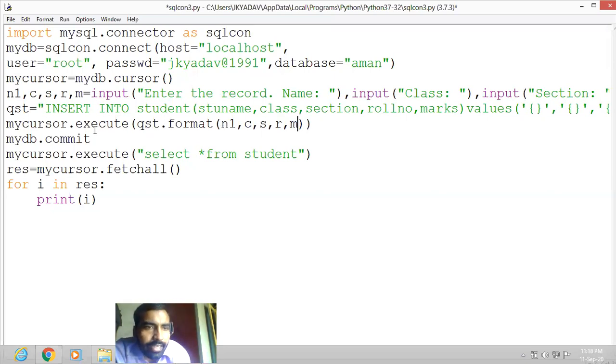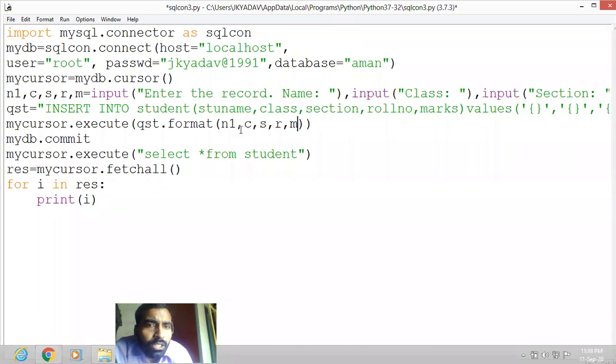In the execute command, my cursor dot execute, then our query string qst dot format, then in tuple form, n1 means name, c means class, s means section, r means roll number, and m means marks.